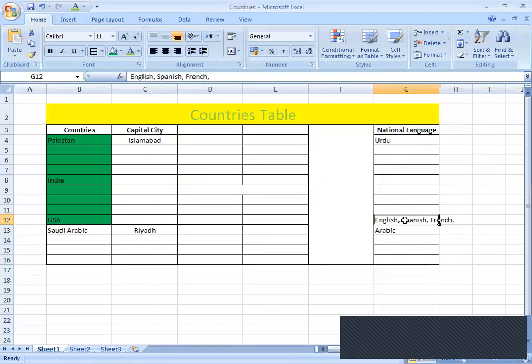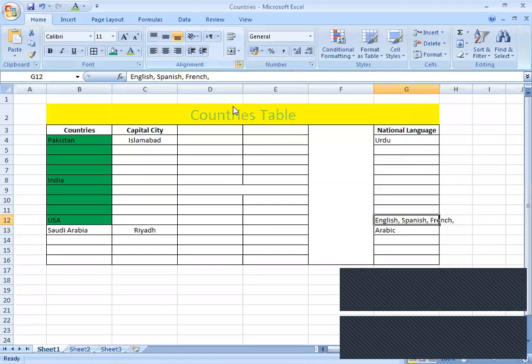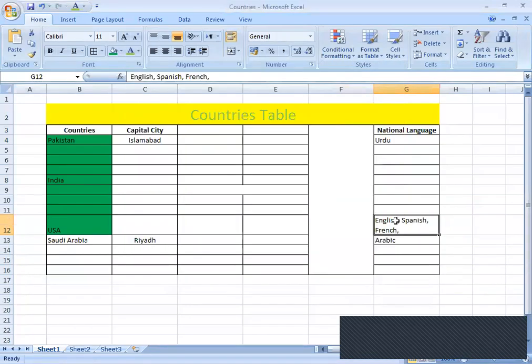You will select the cell. You will go to the home tab. You will go to the alignment group, clicking on this small arrow, and then in text control option you will click on wrap text and press the OK button. Now you can see that English, Spanish, French, now these are shown in a single cell, right?